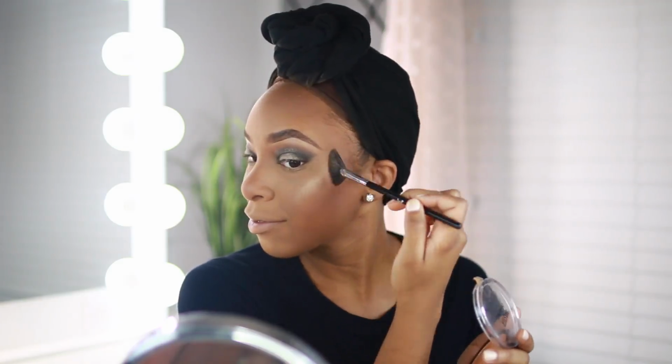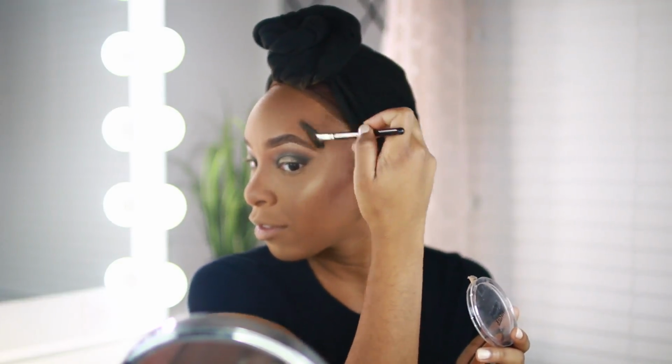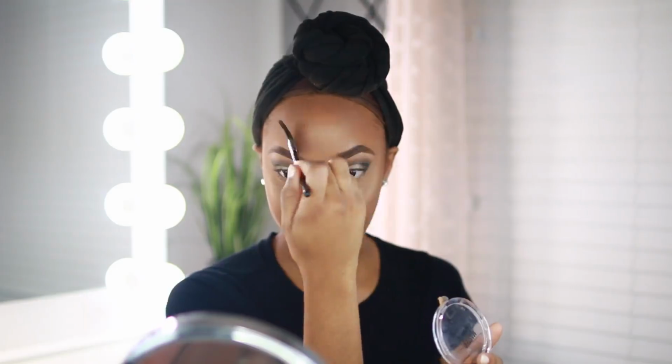is, y'all, easily become one of my favorite highlighters. Like, I feel like I reach for this more than I do my high-end ones. It's amazing. I'm gonna apply this to my cheekbones, my forehead, and then of course my cupid's bow and my